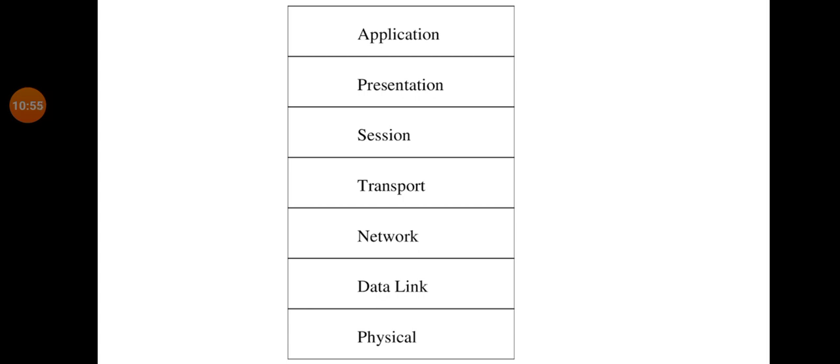Next, this layer guarantees transmission of data from one end to the other end. Means it guarantees error-free transmission.